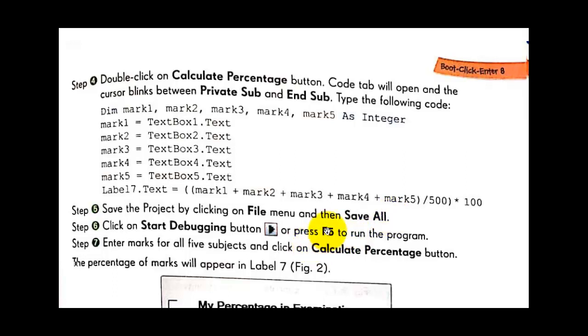This is from the topmost row of the keyboard. In the topmost row of your keyboard, there will be keys named F1 to F12. From there you have to choose F5. Those keys are known as function keys. Then enter marks for all the 5 subjects and click